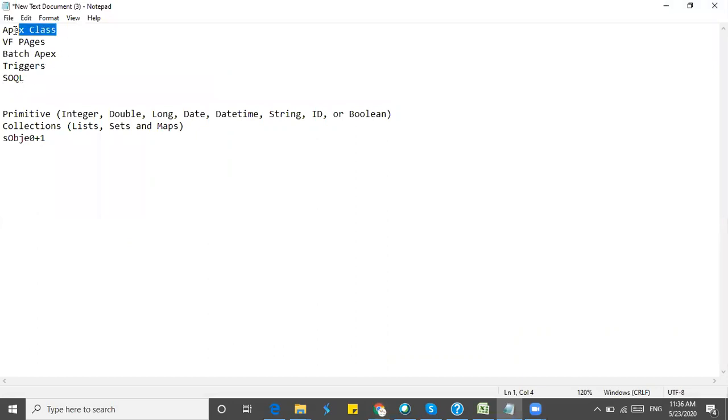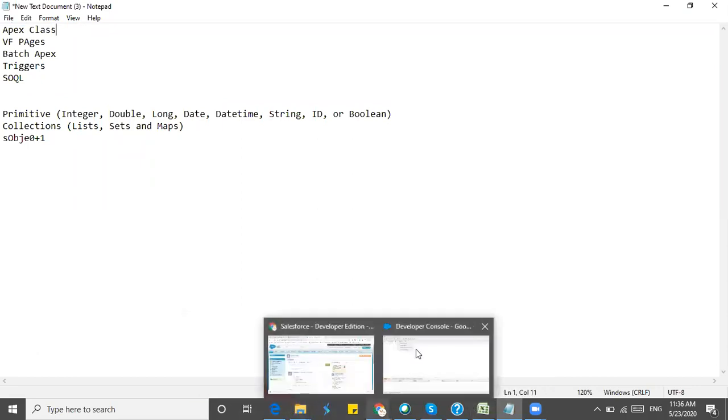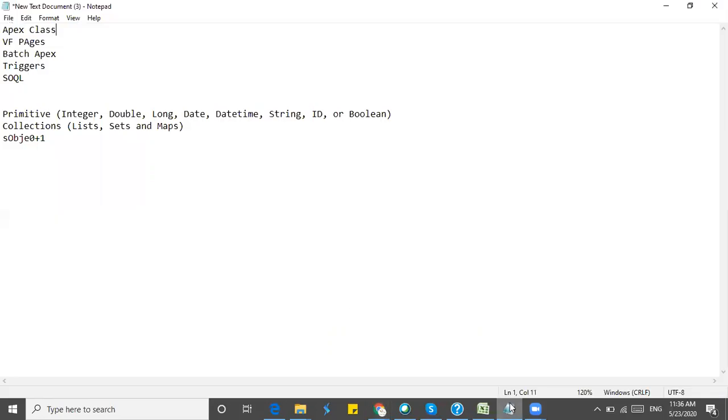So first thing is Apex class. Apex class is where we'll be writing our code, the functionality, or if we have any business process to execute, any code, we'll be writing it in an Apex class. We can query something from the Apex class and we can modify the data, update it or delete it using Apex classes. So if we have any business functionality, any calculations, any changes to be done to the data, we can do it in an Apex class